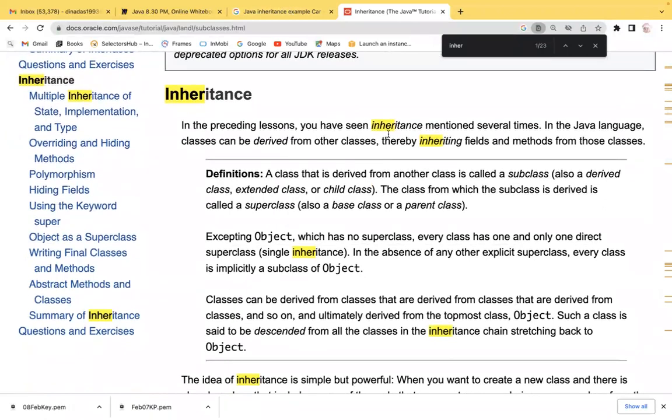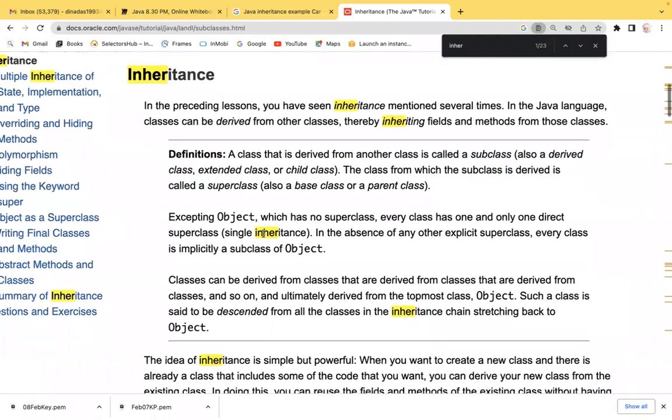You have seen inheritance mentioned several times. What is inheritance? A class that is derived from another class is called a subclass. Also, we can call it a derived class, extended class or child class, whatever it might be. The class from which a subclass is derived is called the superclass, that is, the base class or parent class. So what we are doing here,